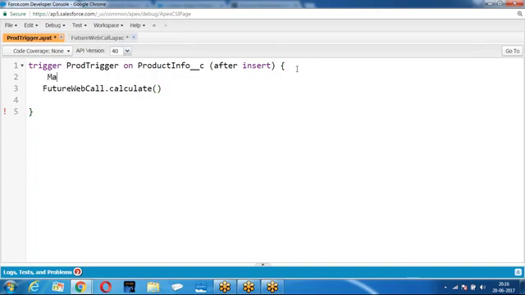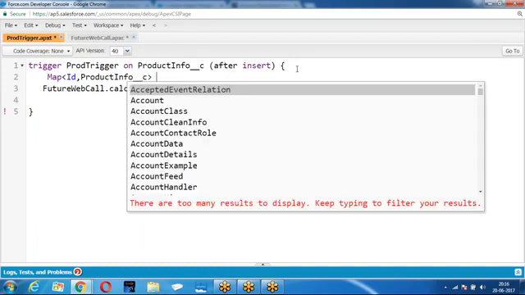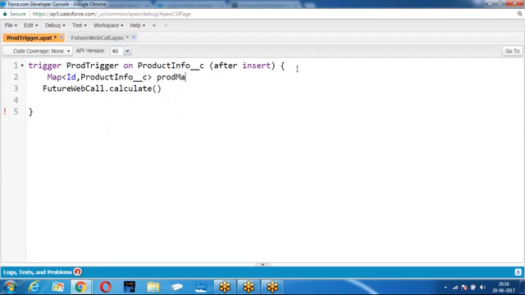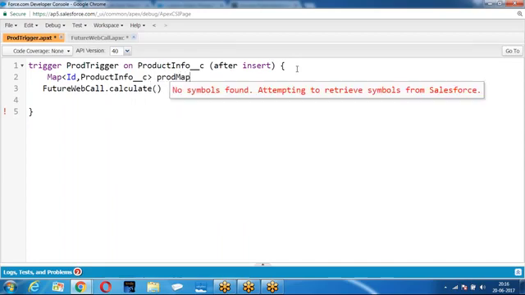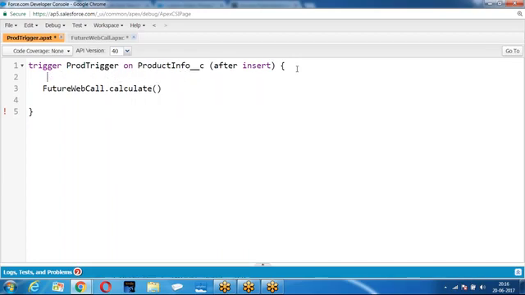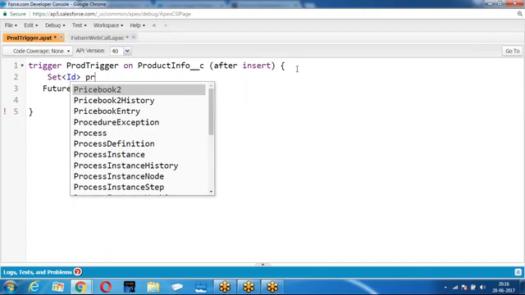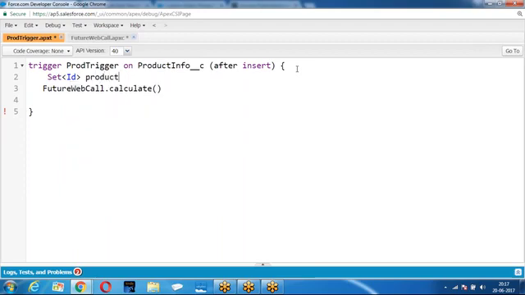If it is after insert, Map<Id, SObject> equals Trigger.newMap. We have a new map. Yes, we have a new map.